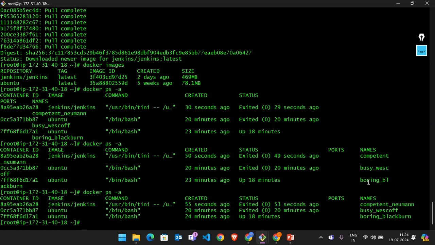By seeing the name itself, you can recognize your containers. Suppose you have around hundreds or thousands of containers. If you want to identify one, you have to see the names. By seeing the names only you can identify it, right? So